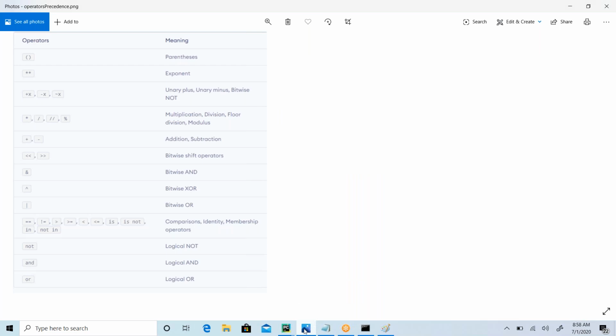Understand the importance of that chart. When you have multiple operators in a single expression and you want to evaluate it, you have to follow this order. This is known as operator precedence. So that is all about the operators, guys. Go through them again and again, go through the recorded session again, but ensure that you are perfect in the understanding of variables, data types, and operators. We spent enough time.